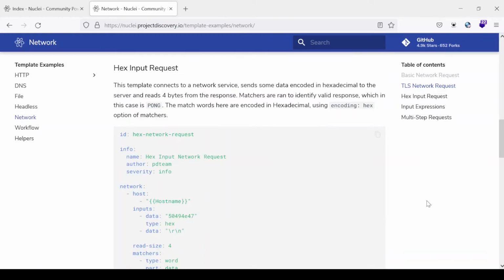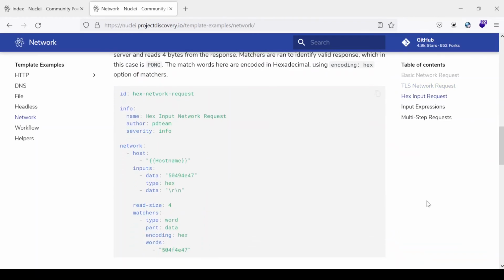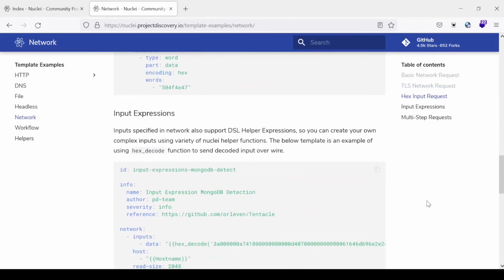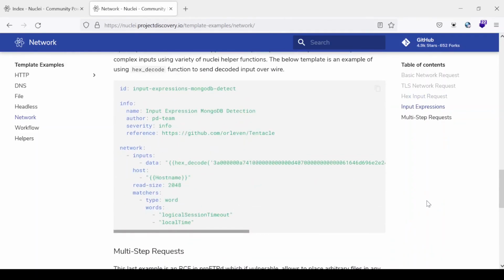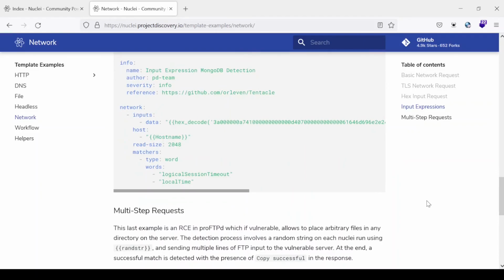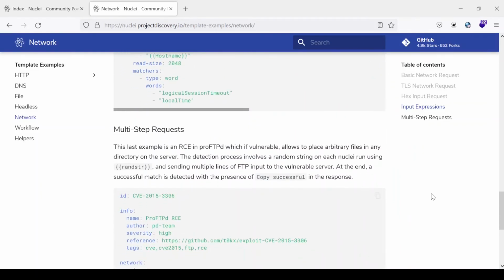You can refer to these test cases, and you can create your own. I will put this again and again, because that is what matters the most rather than depending on the ready-made templates. So if you want to seriously get into proper detection of vulnerabilities, then this is the very right thing that you should be following.